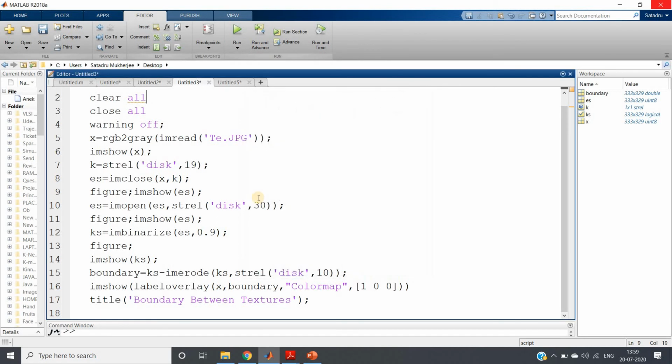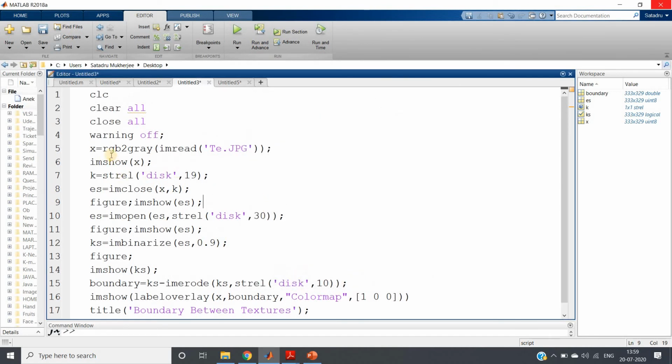Now let me summarize the algorithm. What I have done: take the image. If your object is black and background is white, in that case only this algorithm applies, otherwise replace closing by opening and opening by closing, as I have told you. So first take structuring elements such that they remove all the smaller parts and keep only the bigger parts. Then join all the bigger parts using imopen. Then threshold that and convert to binary. Extract the boundary and overlap the boundary on your original image. That's all.